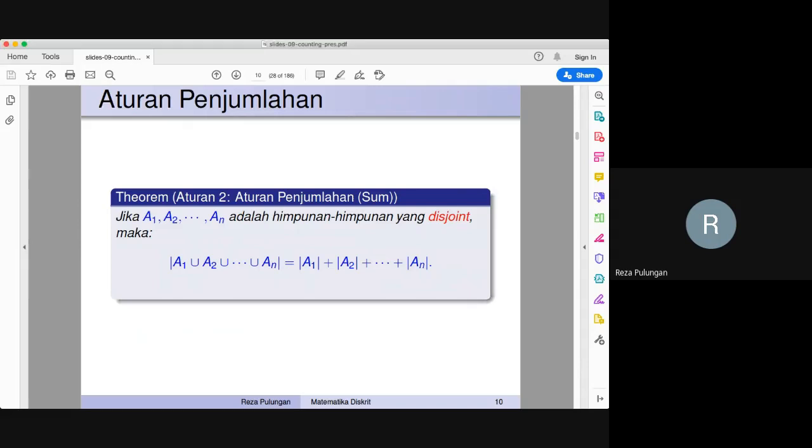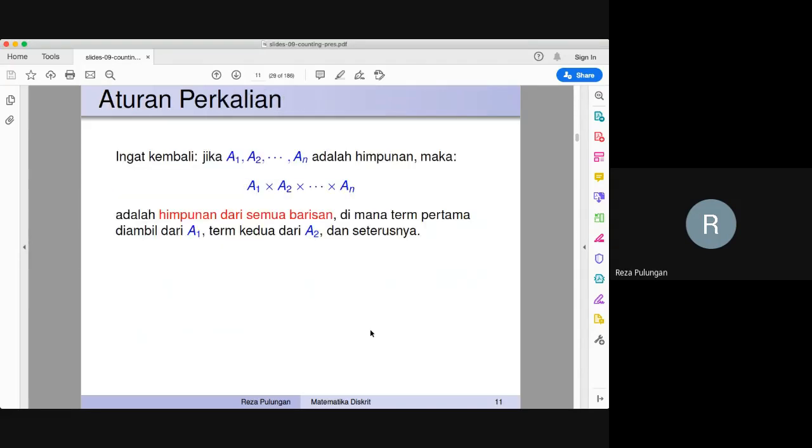Then let's continue with the third rule. The third rule is called the product rule. But before we continue with the product rule, I want to remind you of something.